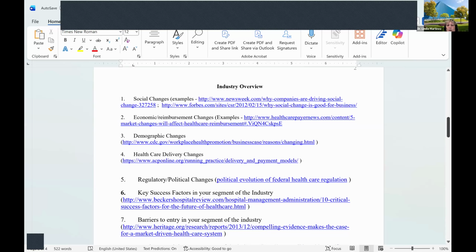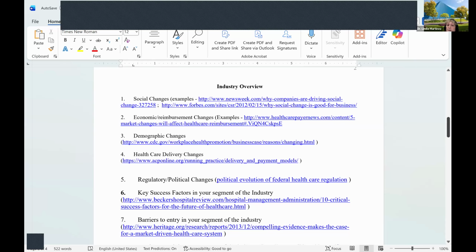So what are some of the social changes? This article, there's a couple of articles here, I think, and it gives you more examples of types of social changes, how things change. Now, healthcare is the most regulated business there is. I mean, you're regulated by the hospital, by the city, by the county, by the state, and by the federal government.